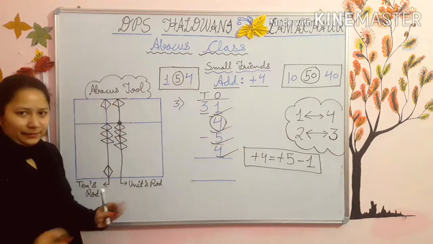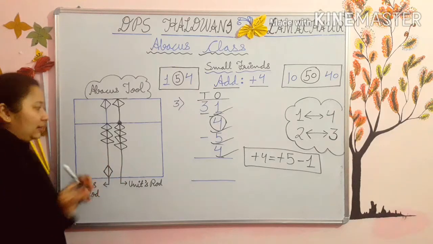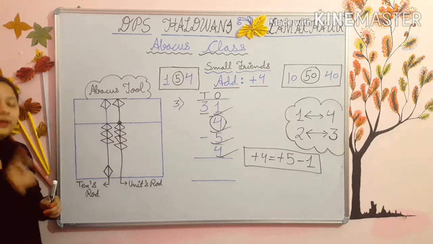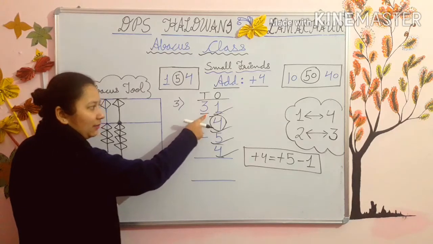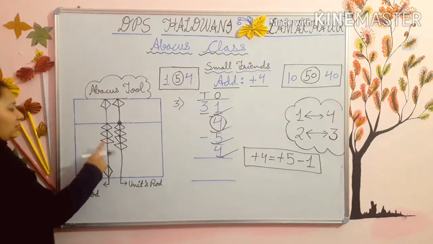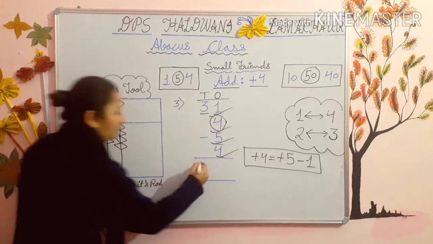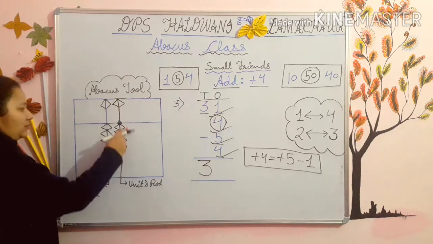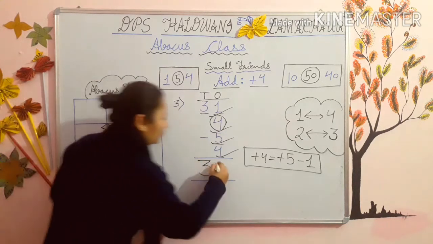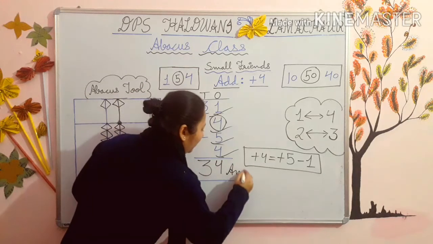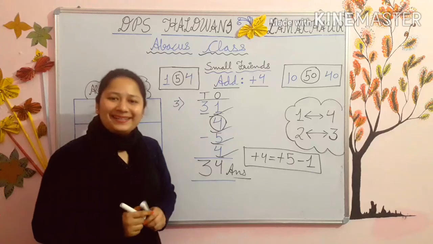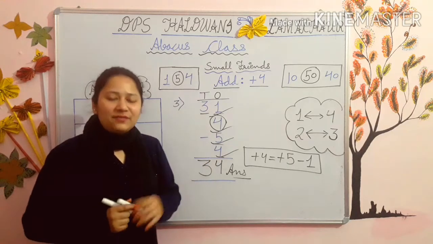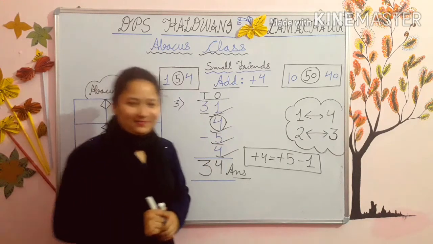Now sum is completed. Now what is the answer? Kids, don't forget to count the tens rod, because here you have added one number in tens rod. So 1, 2, 3, and here is 1, 2, 3, 4, and 34 is your answer. I hope students you get this. Just move to our last sum, which is our fourth sum.